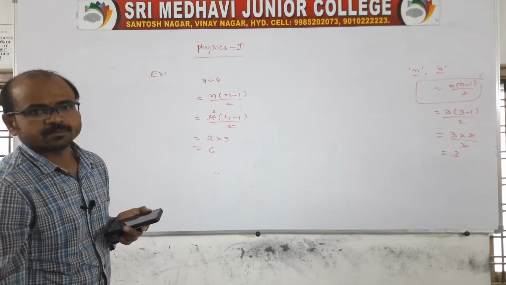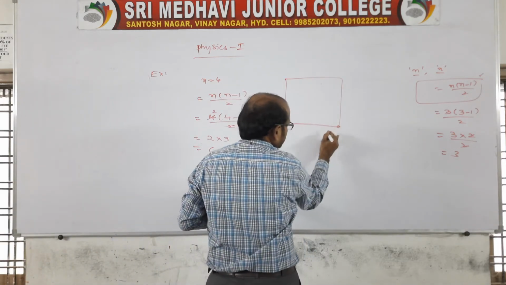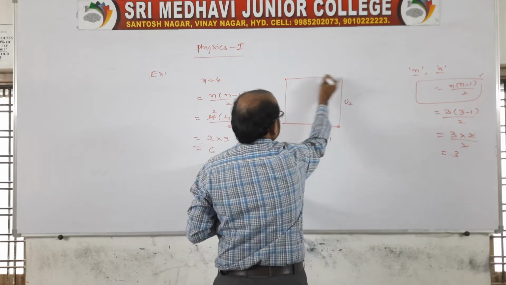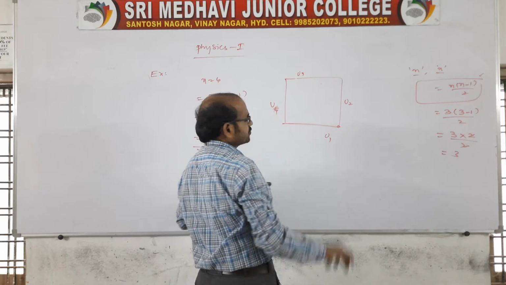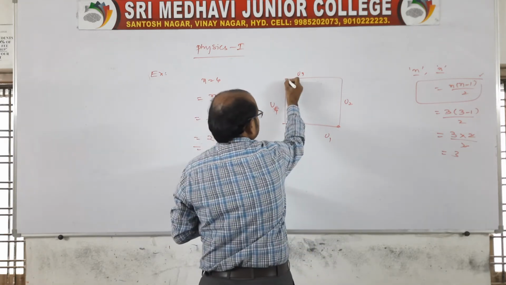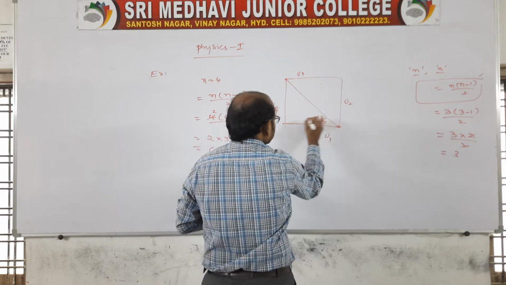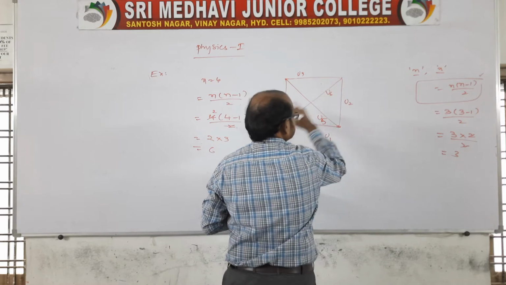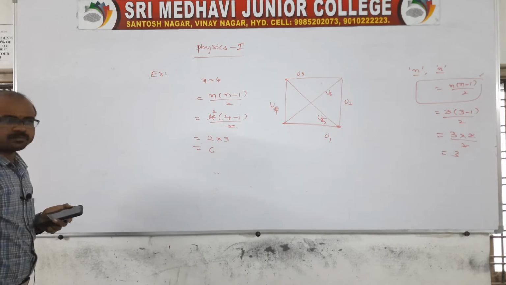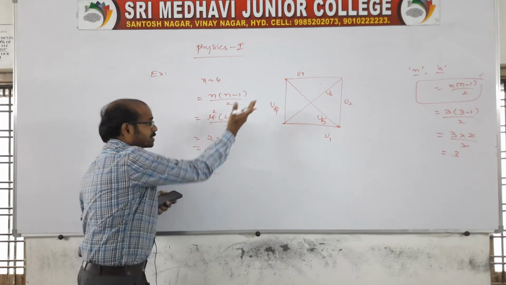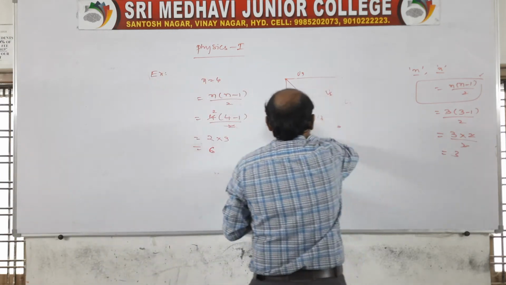6 pairs, because you look at the corners, I will show you. Between these two is 1, between these two is 2, between these two is 3, and between these two is 4. So where will be the fifth and the sixth? See, between these diagonals is 5, U5, and between these is 6, U6. How many are we getting? 6 pairs. So we can get 6 pairs of potential energies in case of a square. Suppose I take another one, I will show you.